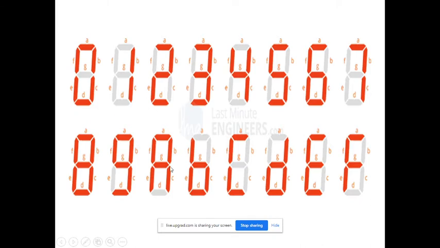Just see here regarding the letter point of view: A is a capital letter, B is a small letter. Suppose you write B as a capital letter, then it becomes the same as an 8. To avoid the confusion, we take B as a small letter. Similarly D: suppose you take D as a capital letter, it is the same as an 8. To avoid that we take it as a small letter. Then E and F. In this fashion we develop our code as per the counter we want